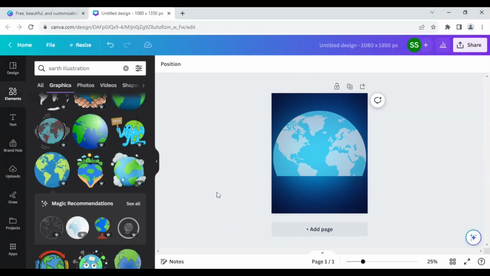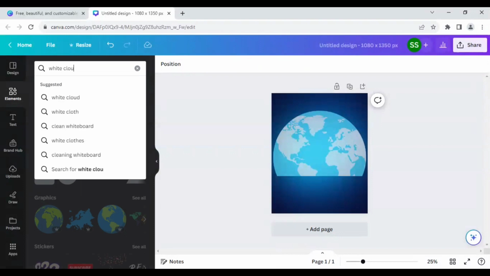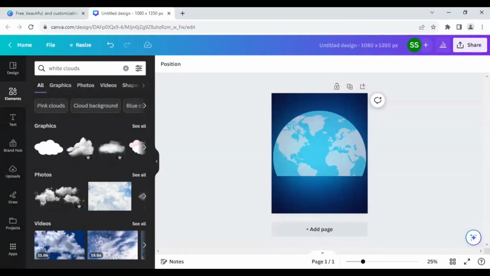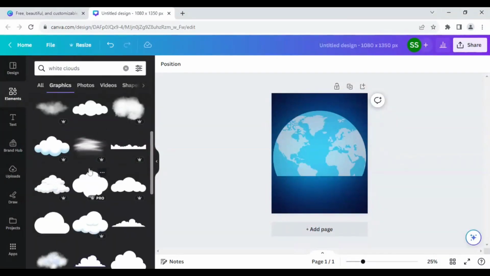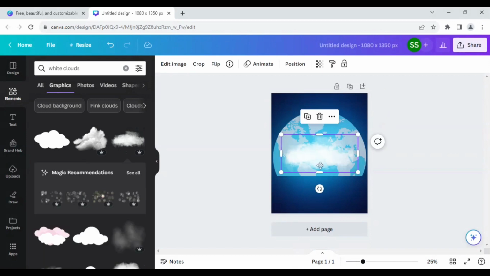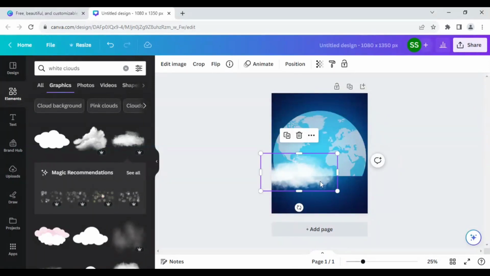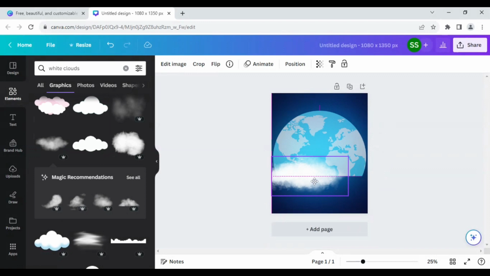Now we will select our third element, which is white clouds. You can go to graphics and select whichever cloud suits for you for the image. Okay, so I am selecting this one. So you have to select those images which are totally covering this art portion. Okay,